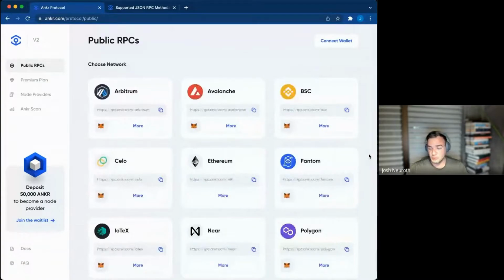One of the things we've seen is that we are working with a project called Beefy Finance, which, if you go to their website, you'll see they've integrated with a dozen or so blockchains. And this is a great tool for them because they can go multi-chain very quickly. They don't have to worry about the nodes. They can just start hitting these public endpoints and start querying information. And I can actually show you guys an example of that if you'd want tonight.